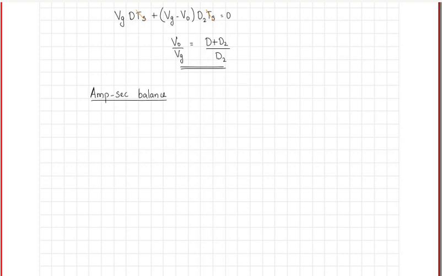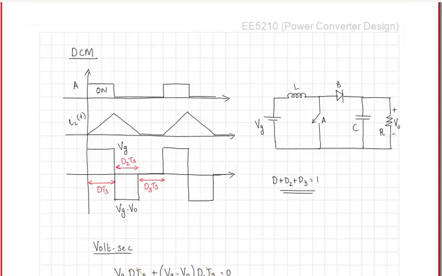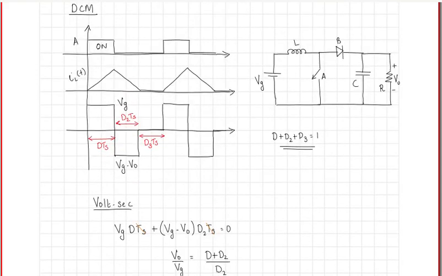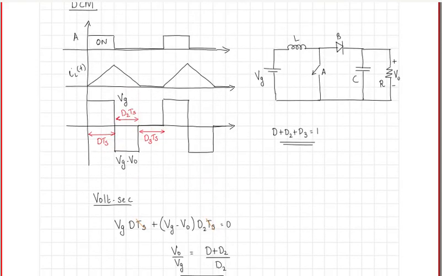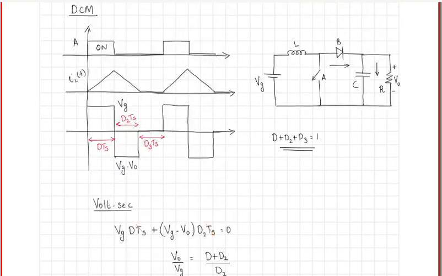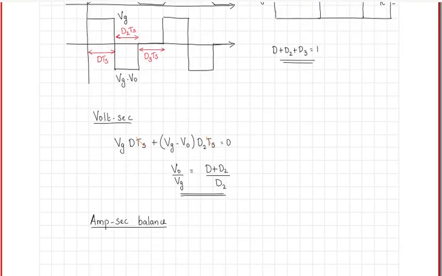So in this case, when we apply amp-second balance, what we can say is that the average current through the capacitor must be 0. Therefore, the average current through this diode should be equal to the output current. That is something we have seen previously also, but this time it is in terms of